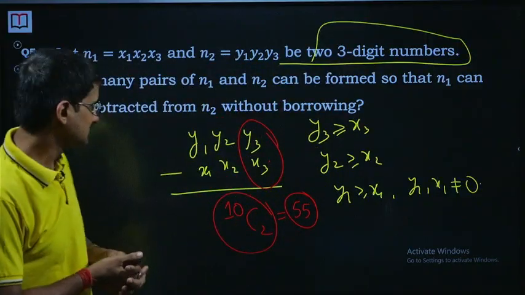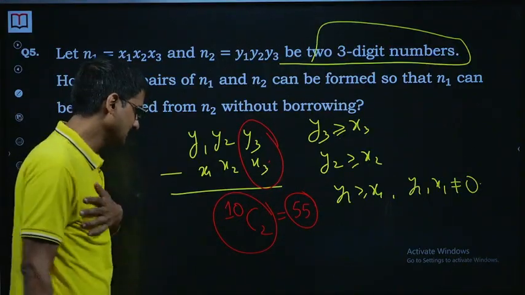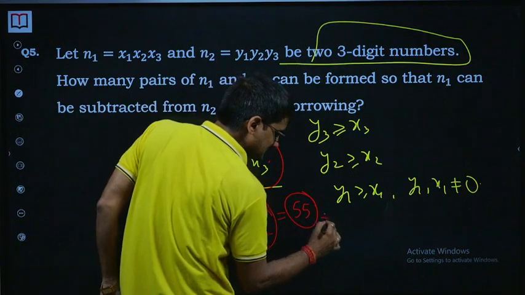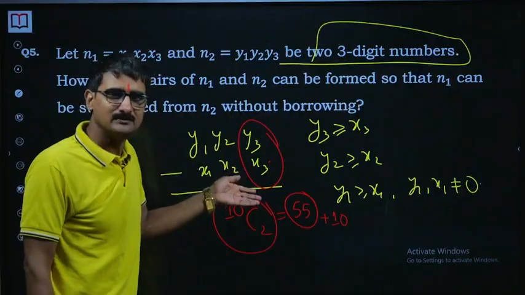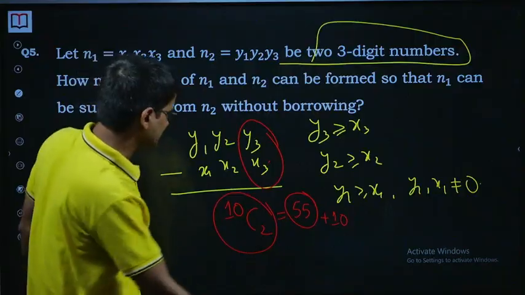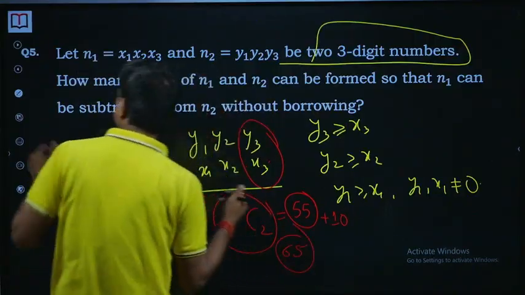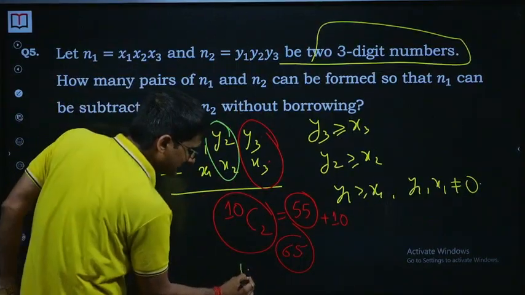In that case it will be 0. We don't need any borrowing, isn't that? So this plus 10C1, like 1 1, so it's fine. Here 2 2, it's again fine, isn't that? So 65, and similarly for here this one also we have 65, 10C2 plus 10,